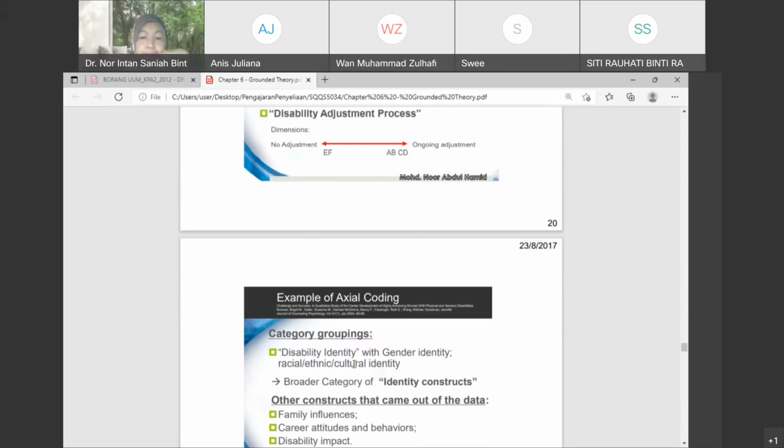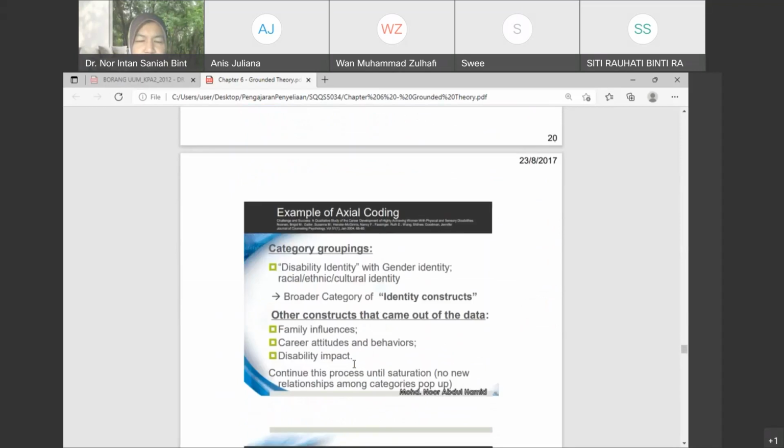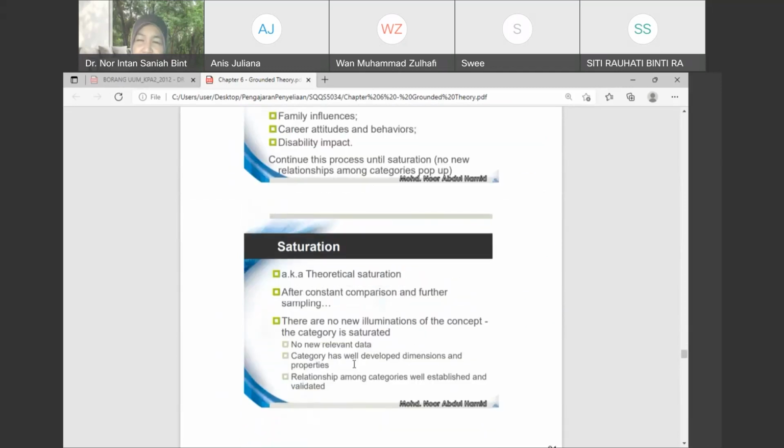Okay, jadi ini kategori groupings. Right, so ini ada construct lah. Okay, so again dia tak ada limit, but proses tu akan keep continuing until saturation. Maknanya until saturated, or in other words, no new relationships can be discovered. Macam tu. So dia nampak macam susah, tapi kalau kita faham the concept, we are in that area, we